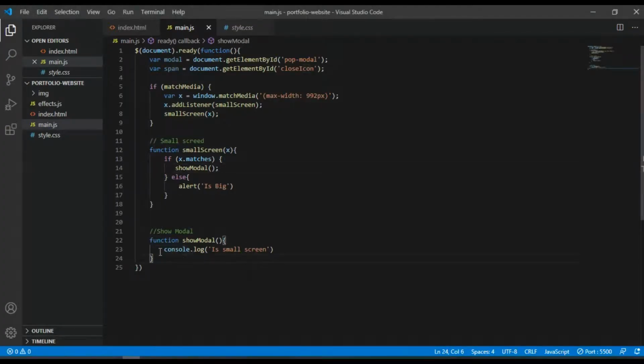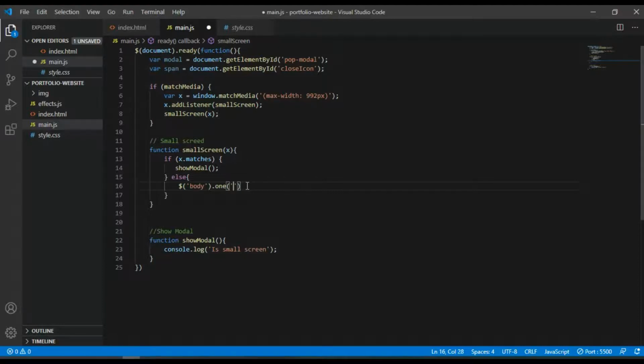We will handle this, but let's go back to else. In else, what I can do now is show the modal. In this case I want to target the body, so I do body and use the jQuery function, one function, which will take a parameter. The first parameter is the condition, to check what you want to do.